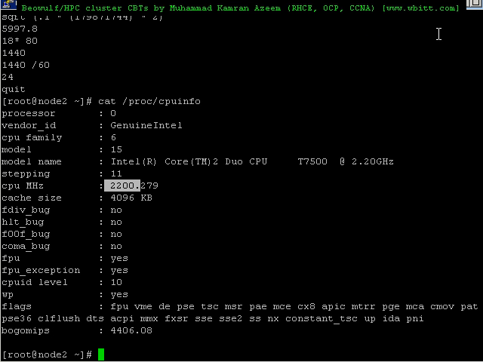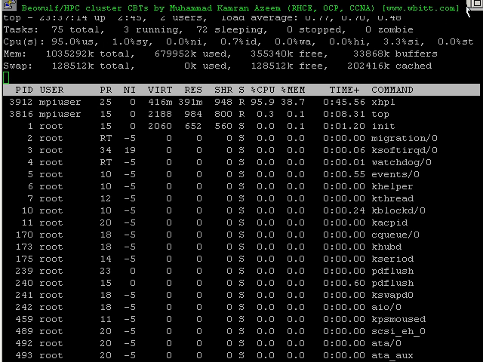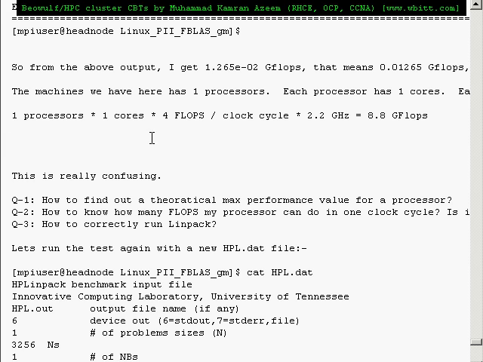So I will just calculate it here. It's already calculated, by the way. One processor times one core times 4 flops times 2.2 gigahertz is 8.8 gigaflops. This is what I should get out of a single node, whereas I'm getting about 8.3 from two nodes. But as I've mentioned earlier, this is a virtual cluster. This is a virtual cluster, meaning if I can edit this file, let me just write it down here. So this one node, theoretically